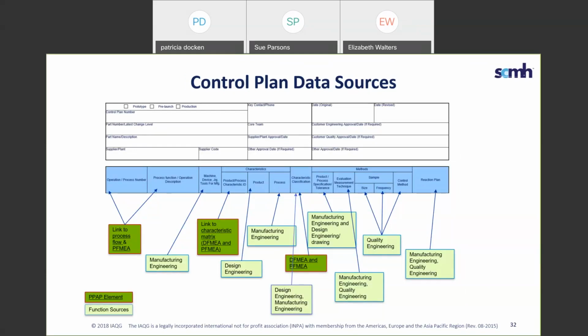And then the product and process characteristic ID, that can come from the key or special characteristics matrix. The characteristics classification can come from the DFMEA or the PFMEA. And then you can see how various members of a cross-functional team contribute. You can see manufacturing engineering, design engineering, quality engineering. They all contribute to some of the different aspects in a control plan.